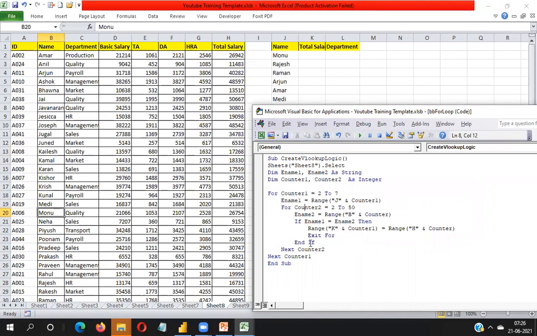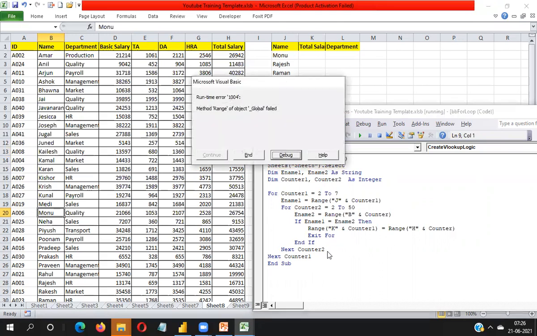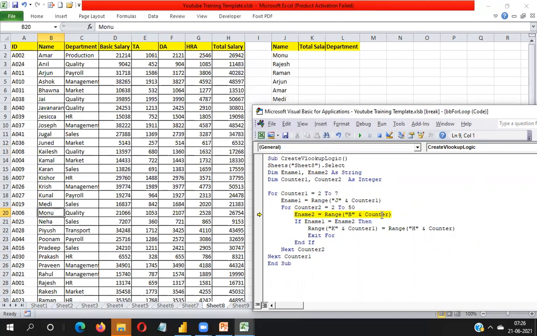Okay, so let's see. I'm just running. Let's see the output. Why am I getting, oh sorry, here I have not written to. Okay, so let's see.